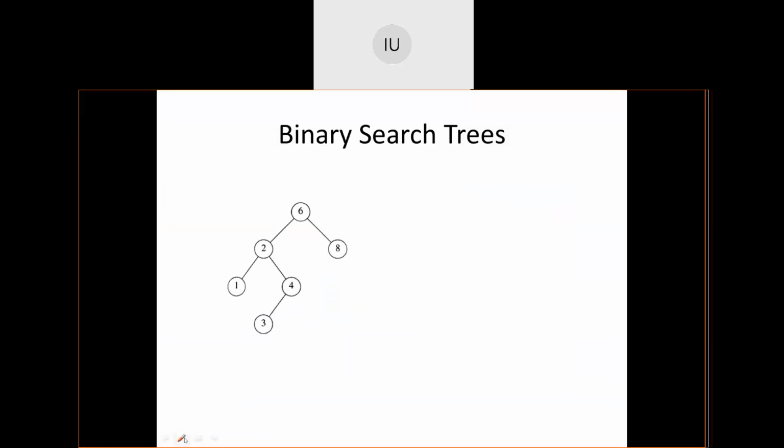Now, in this, how do you count the number of nodes? Let's start. The in-order traversal I have applied. Right now I'm at root, which is pointing at 6. It would have called count of root arrow left. So now my root is pointing to 2.